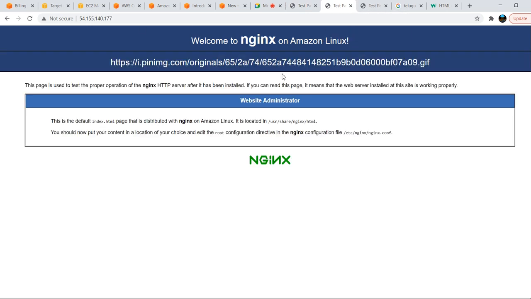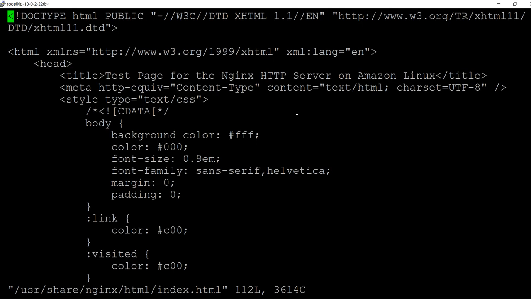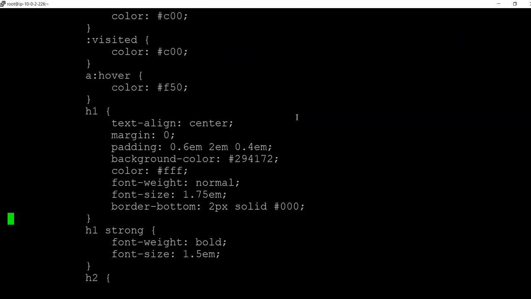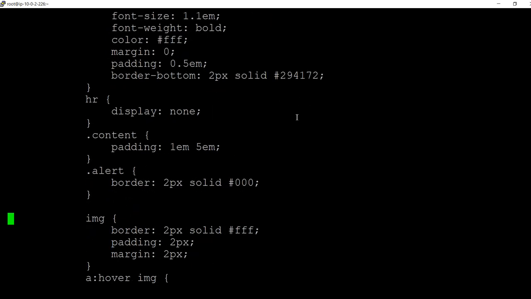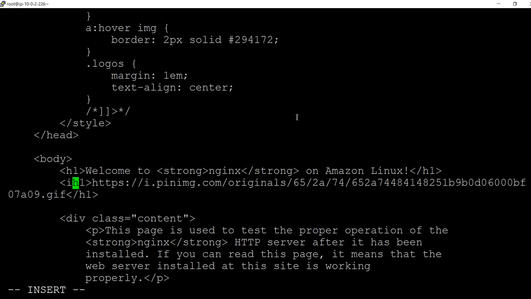Now in the same way we will modify in server 2 also. Earlier we used the HTML tag, that is the reason it was giving plain text. Okay, sorry for that. Insert, image space, src.